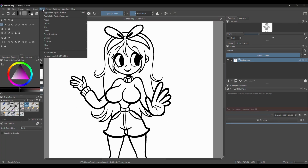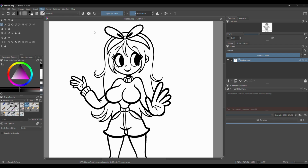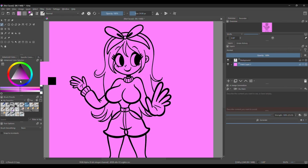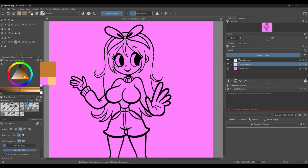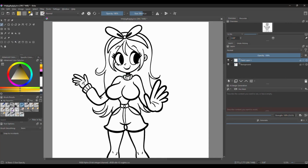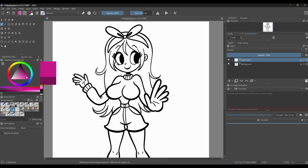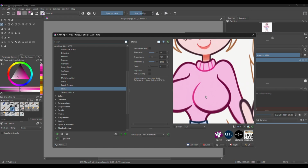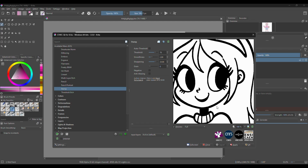Finally, you can go to Filter, Colors, and Color to Alpha. This will remove the white background, leaving you with a nice separated line art only layer that you can start coloring however you want. Of course, you can also skip all the previous steps and just color everything on a multiply mode layer, or just color everything on the same layer, or just one normal mode layer above if you do painterly coloring. You could also skip adjusting color curves and use the stamp filter right away, or not use stamp at all. Again, there are